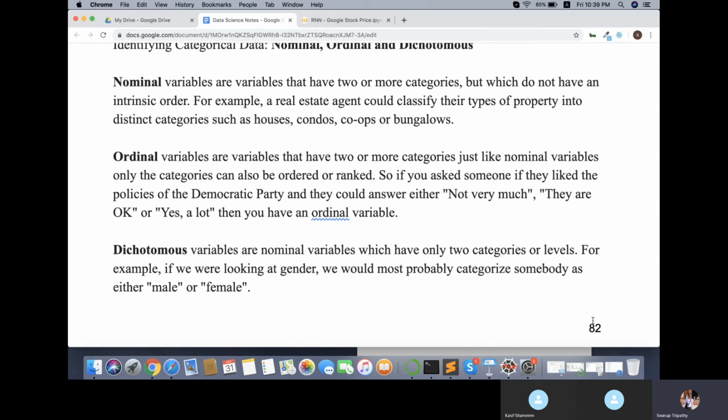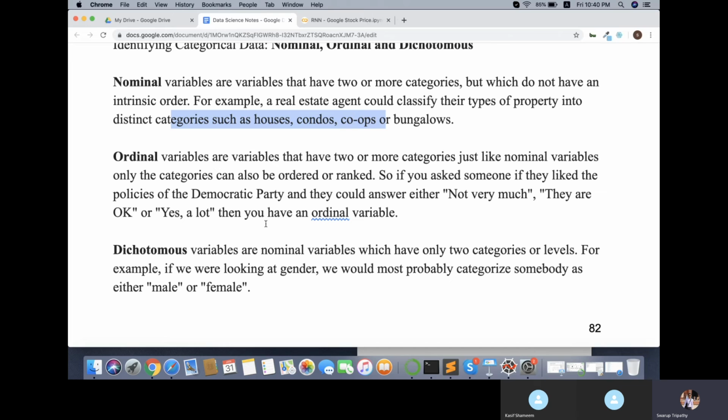Now, nominal categories are things which cannot be ordered. To understand this, suppose I have a category of different breeds of dog. We cannot say Shepherd comes first, Pomeranian comes next; we cannot order them in any way. Similarly, here I have taken one example: nominal categories like different types of houses, like condos, co-ops, bungalows, flats, apartments. We cannot say condo comes first, bungalow comes next, flat comes after that. We cannot order them. So these are all nominal categories.